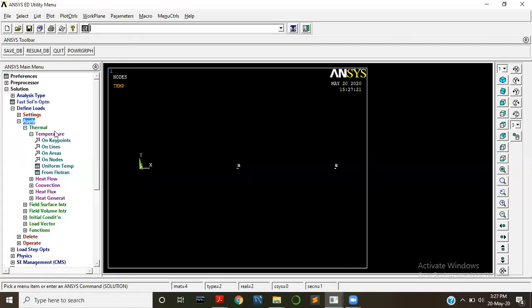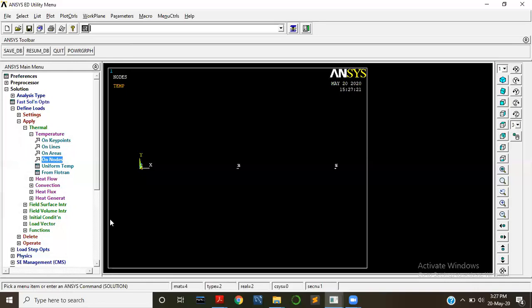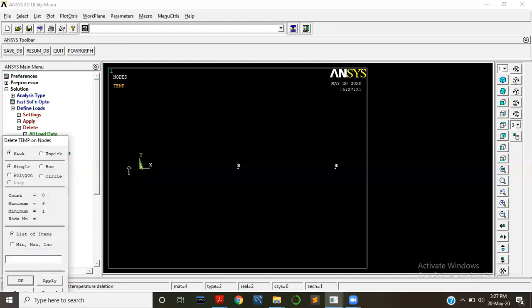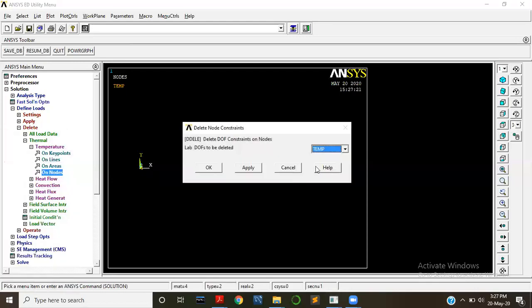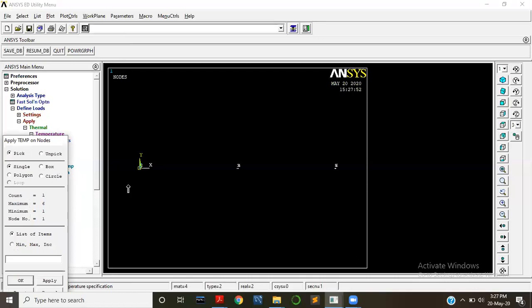Okay. So the temperature we have deleted. Now apply temperature on nodes. Let me check this one more time. Now it has gone. Okay. Now apply temperature on nodes. Select leftmost node.